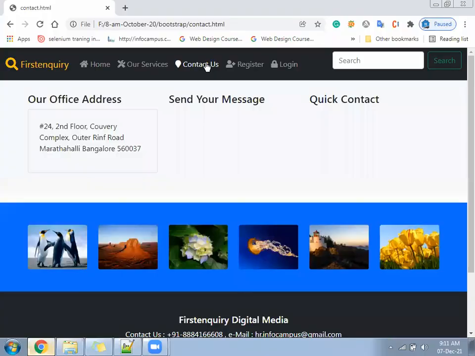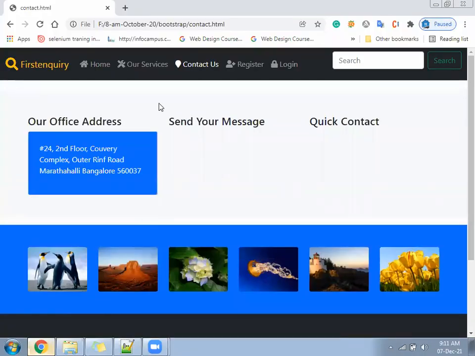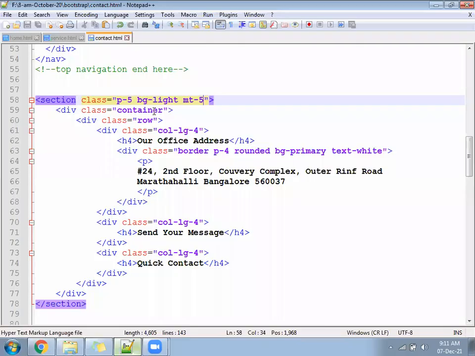Next, some gap happens here on the top. Can you see that? Okay, let's do one thing. bg-light we have given.